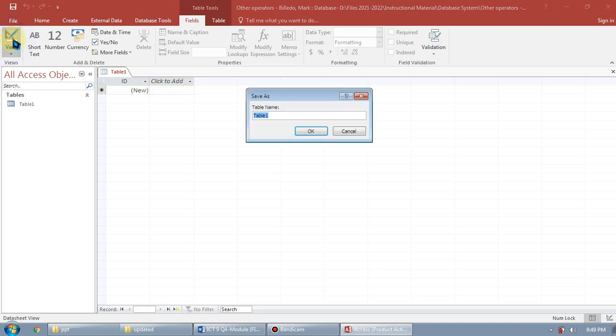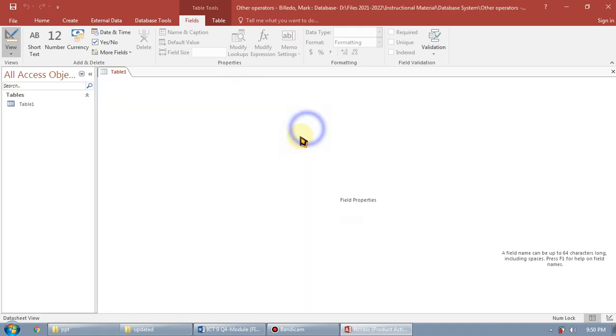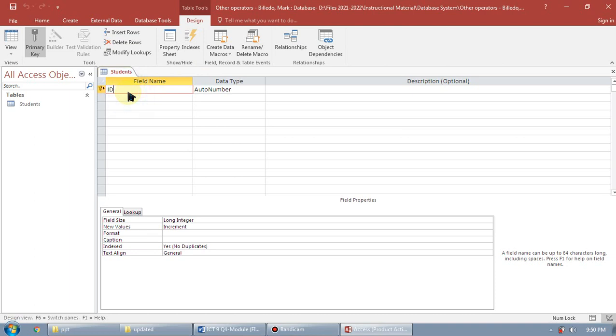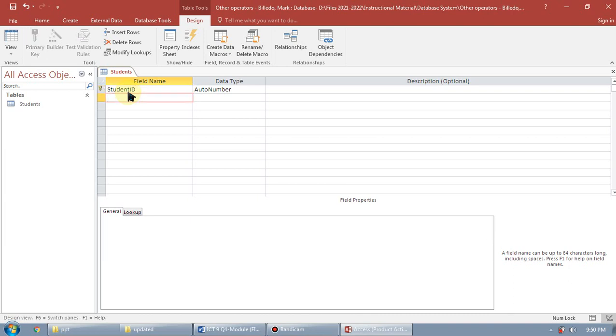So click on the design view. Then the name of our table will be Students. Then click OK. Then our first field name will be student ID. Second is last name, first name, middle initial, grade level,